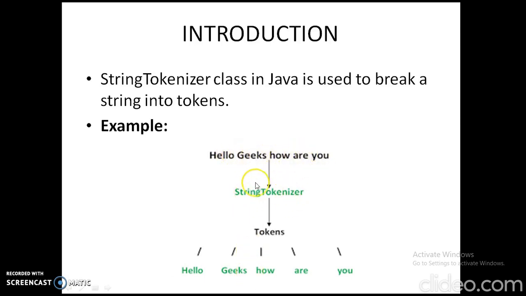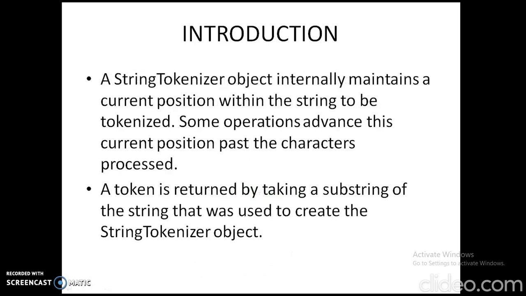Next, how are you. The task of the StringTokenizer class in Java is basically to break the given string into tokens based on certain delimiters. The delimiter here can be a space or a new line or a colon or any special symbol such as a slash or a semicolon or a full stop. Any special symbol can act as a delimiter in order to break the string into tokens. The job of breaking the string into tokens is taken up by a special class in Java called the StringTokenizer class. To deal with the StringTokenizer class, we need to note certain information here.